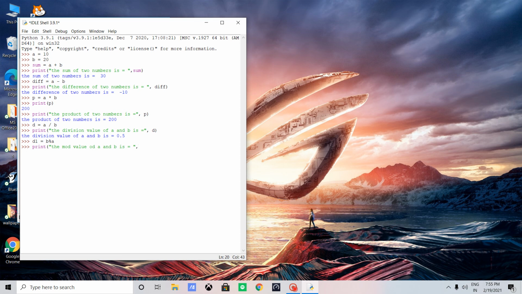After this there is a variable where we store the mod value, which is d1, and then close it. So now what we see, the mod value of a and b, d1, is 0. Mod is used for representing the remainder value, and slash, the divide symbol, is used for representing the quotient value.